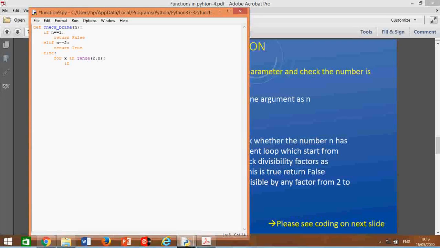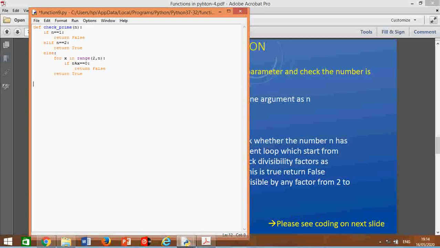If n percent x equal to 0, if this condition is true, then return false. Now suppose the for loop is not satisfied, then under this else part it will return true.